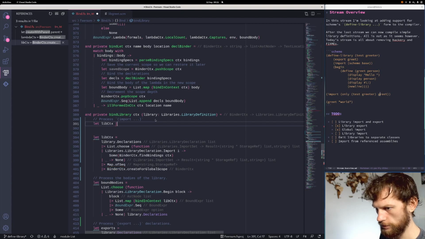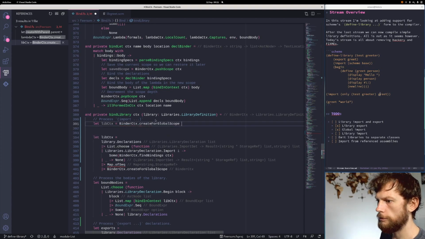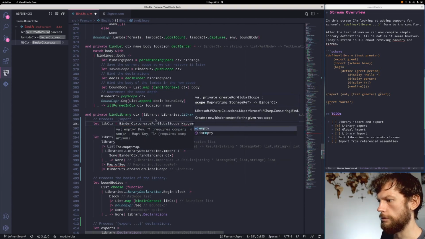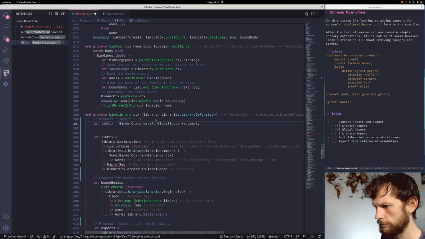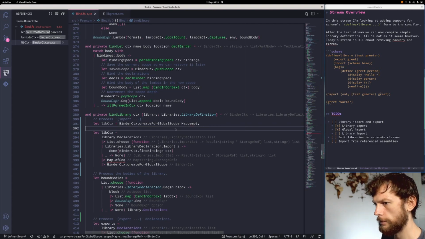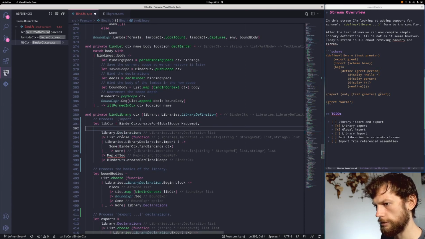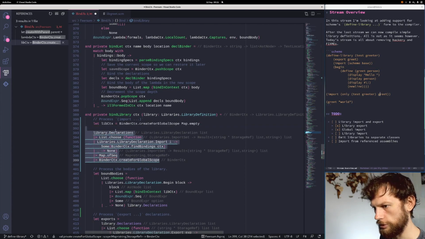If it works, it works. Create a programmable scope, map, empty. And then instead of that, we can do library declarations. Then instead of doing map of seek,